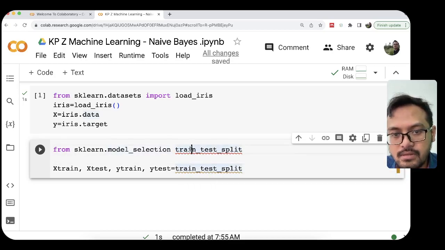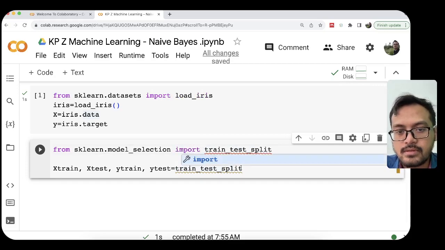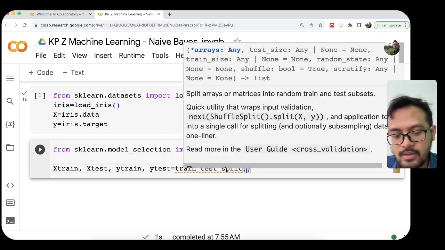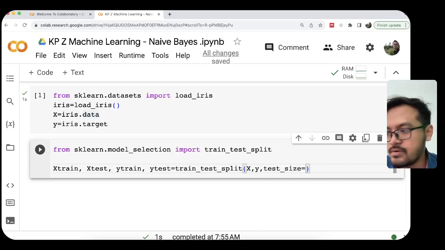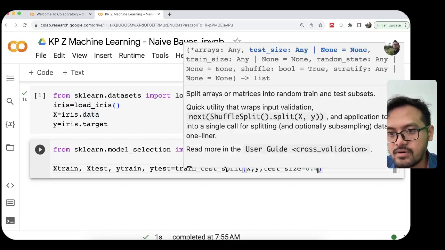Train_test_split from sklearn.model_selection, import train_test_split. Then we put the first arguments as x, y, then test_size equal 0.4.